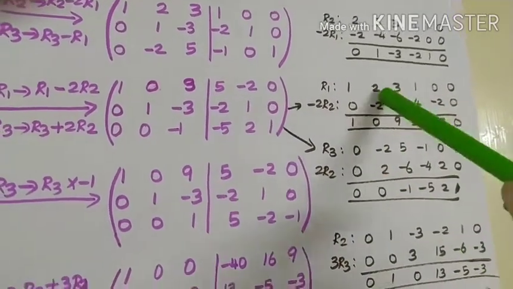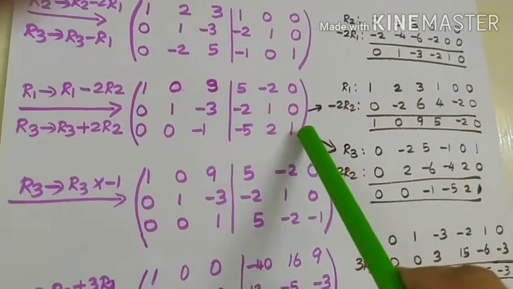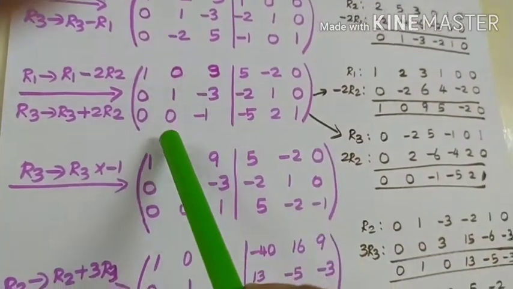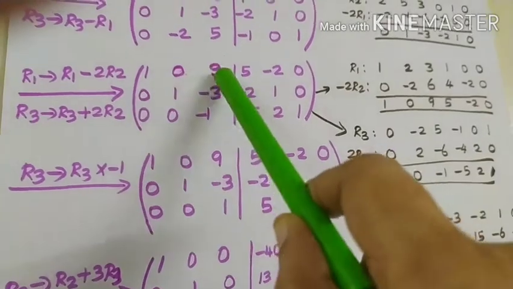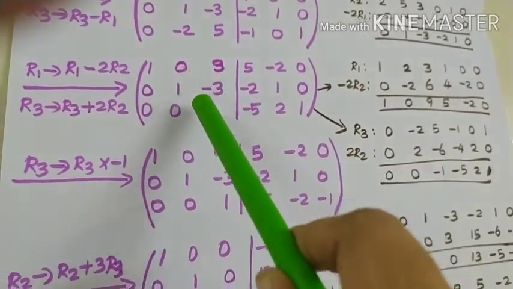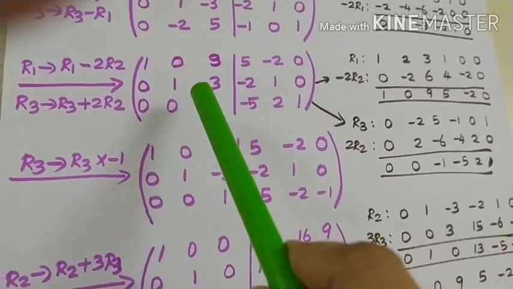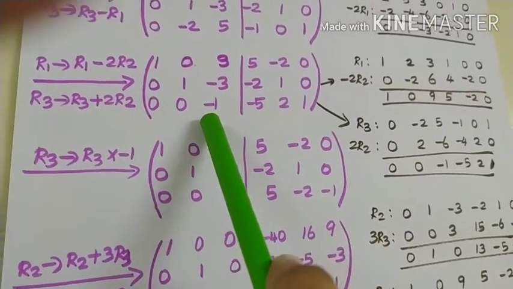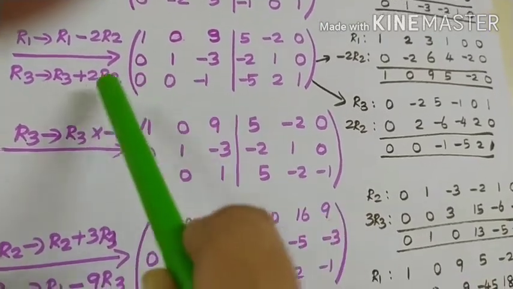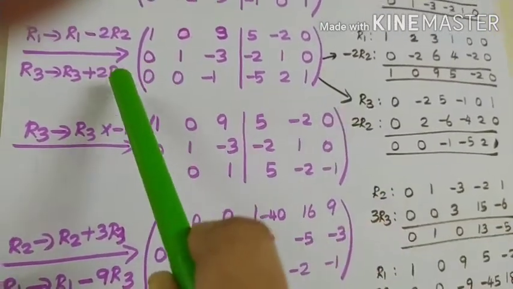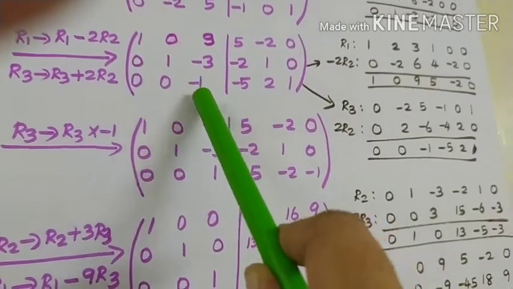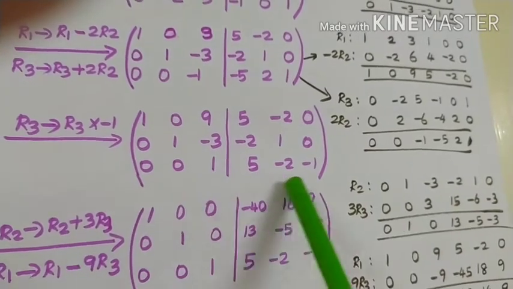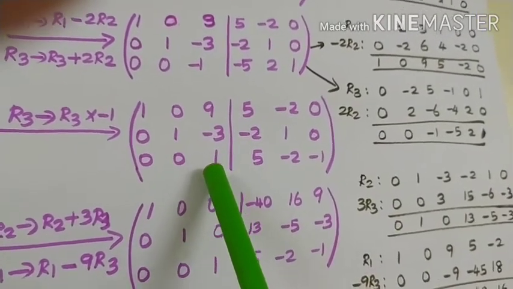The calculations here we have shown, which we have written. So 1, 0, 0 attained, 0, 1, 0 attained. Now I want to bring about 0, 0, 1. To bring about 0, 0, 1, this is my first step. So I must bring 1 here. Whatever number is here, divide by that. Here it is only minus 1, so I can fully change the symbol. So 0, 0, minus 1 will become plus 1, 5, minus 2, minus 1. We have just changed the symbol and we have arrived at 1.